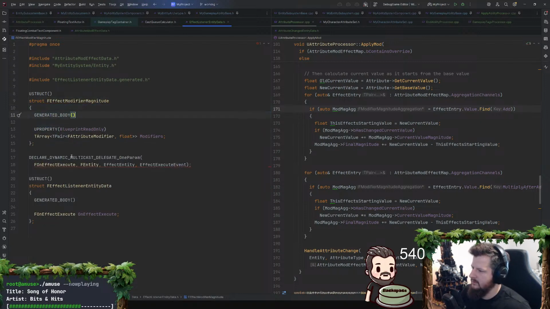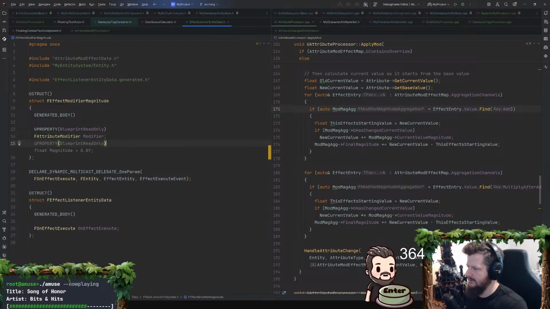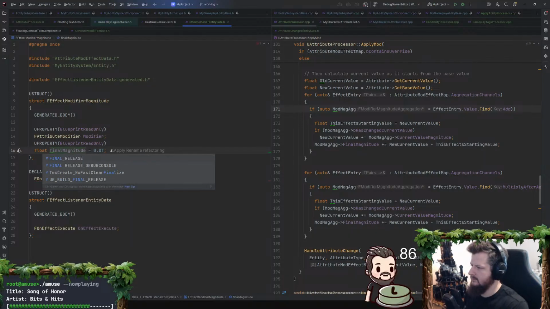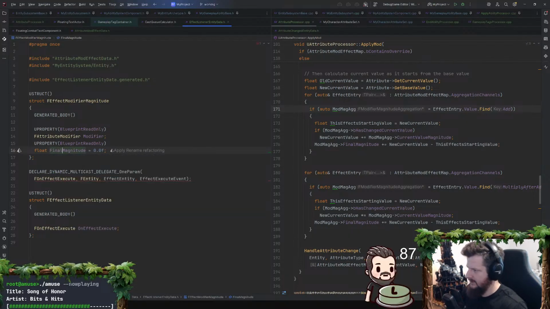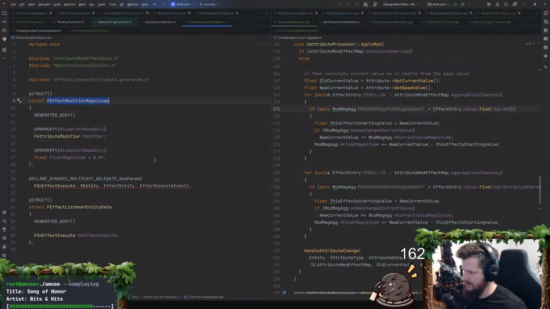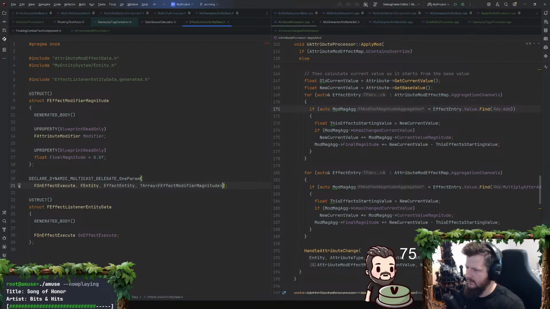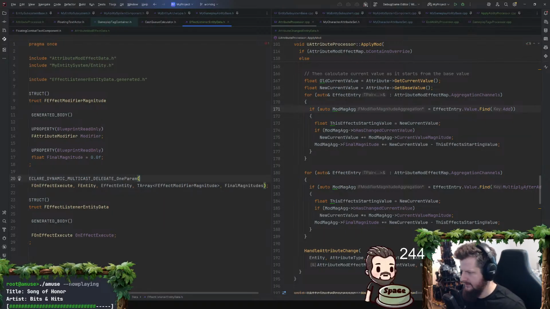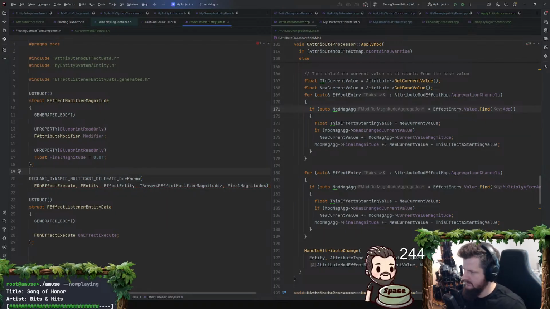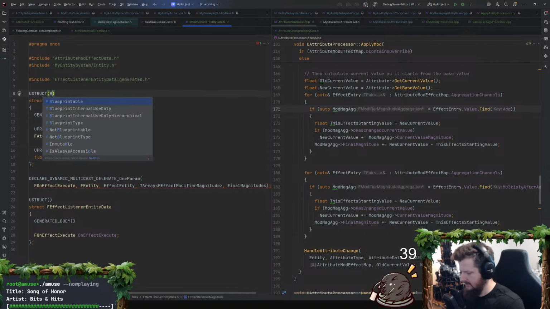And then on here, we put the attribute modifier and the final evaluated magnitude. Final magnitude. Okay, so that's what we would do. And then I have the entity, and then I want a TArray of those final magnitudes. Does that need to be blueprintable?